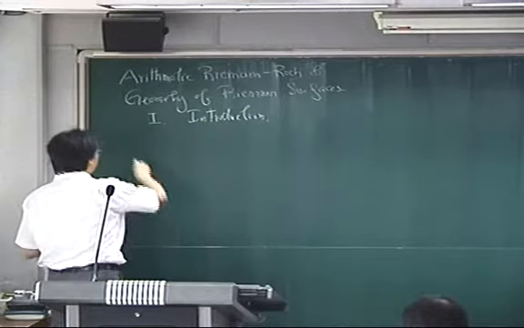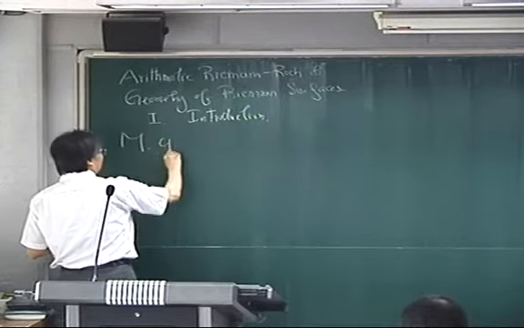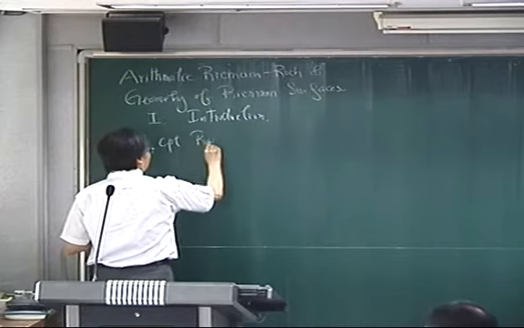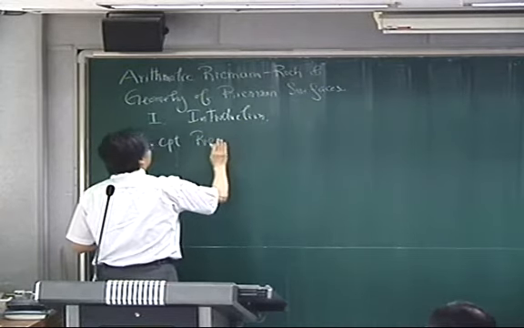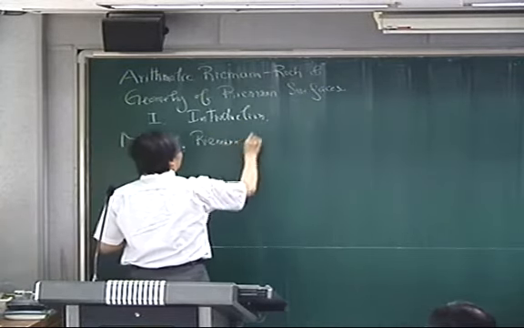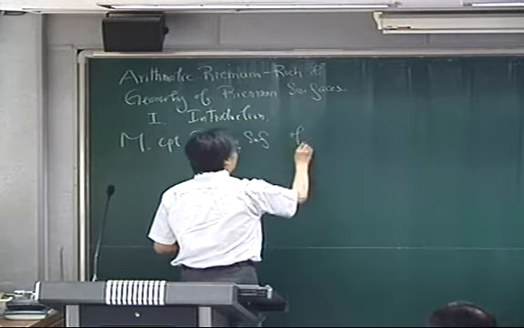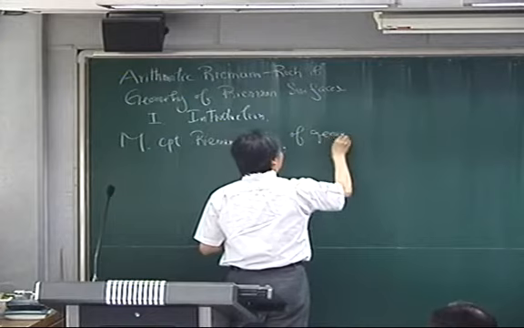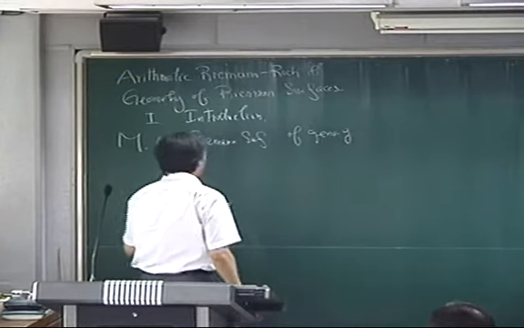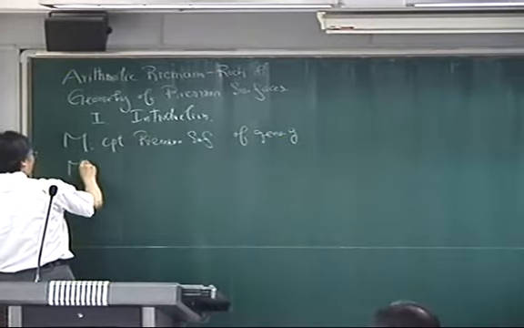You start with a compact Riemann surface of genus G, and you consider a